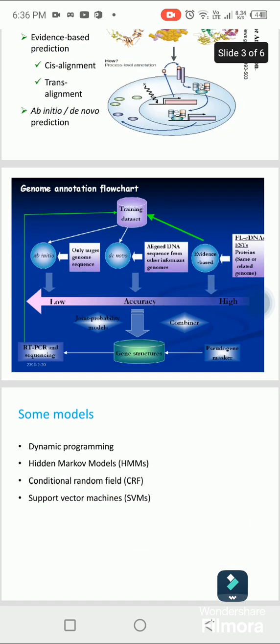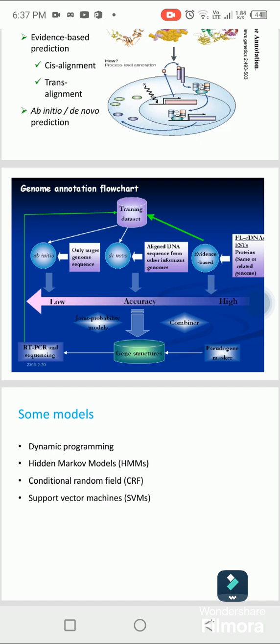Here is the diagram: training dataset, genome annotation flowchart. Training dataset, ab initio, only target genome sequence, de novo and low accuracy, high accuracy, and then joint probability models, combiner,